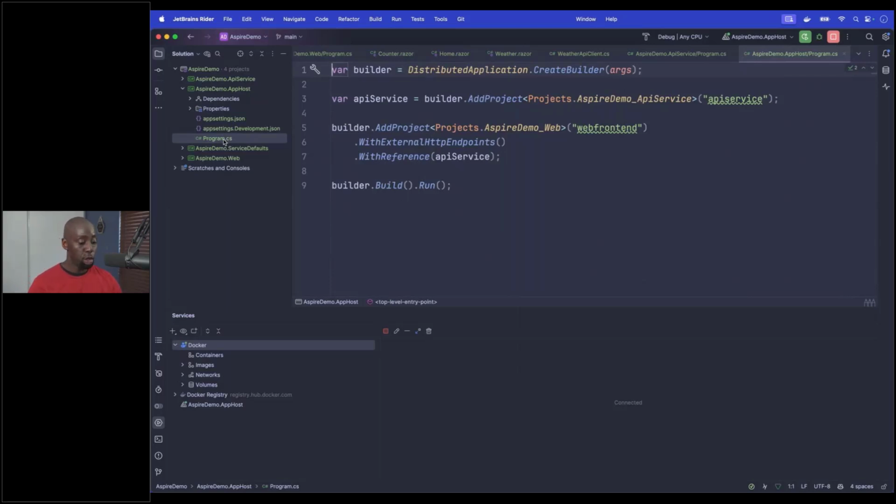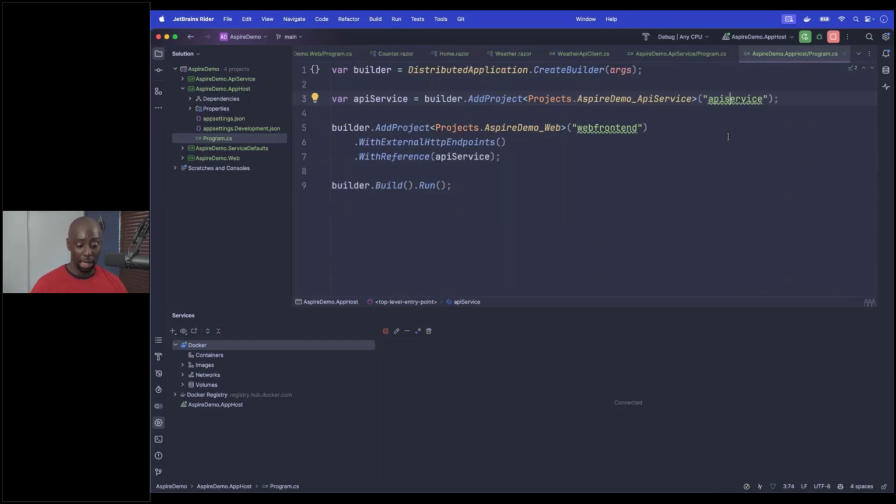What you do with the local orchestrator is let it know these are the projects that I want to run. Here on line 3, I'm saying, hey, I want you to give me a reference to API service. You can call this whatever you want. There's nothing special about it other than that's just what the template decided to call it.